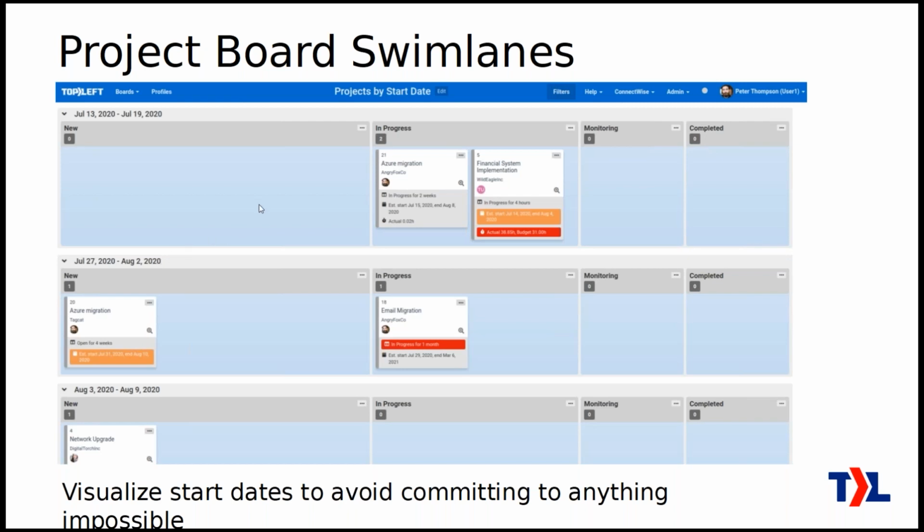So here we're looking at the estimated start date of these projects, and the swim lanes are actually grouping them by week of their estimated start date, and that allows you to see if you have too many projects starting at any one time, so that you avoid over committing yourself and saying that your team can do things that are really unrealistic, like starting 8 projects in 1 week or something like that. So it allows you to plan, allows you to communicate with your sales team, for example, to